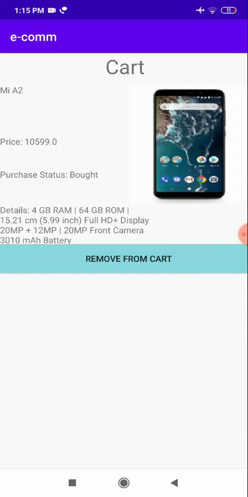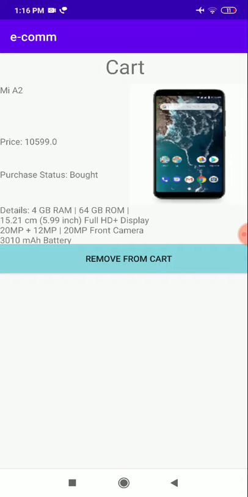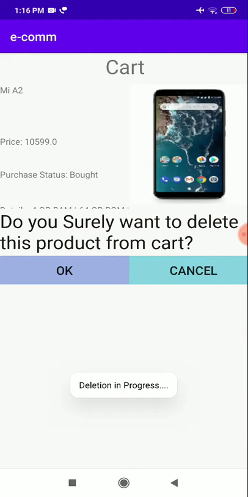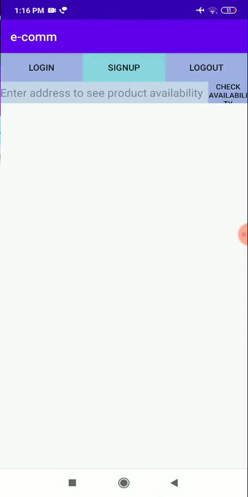This is a completed transaction, so there is no buy option here. This is like a receipt. After getting the email, maybe you want to remove it from your purchase list. So remove from the cart. Deletion is in progress, and as there are no products, the cart is empty.